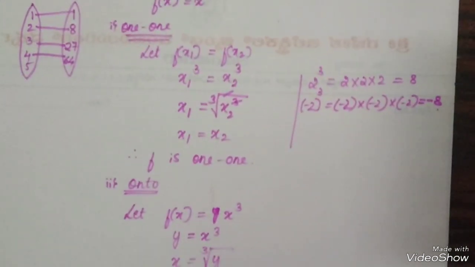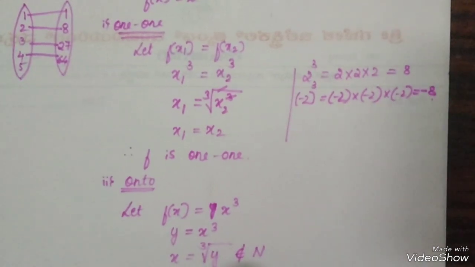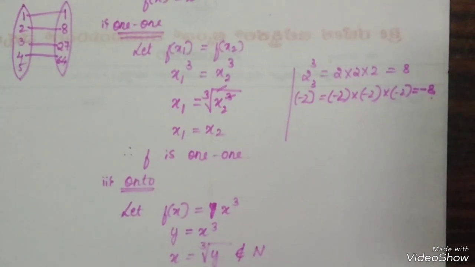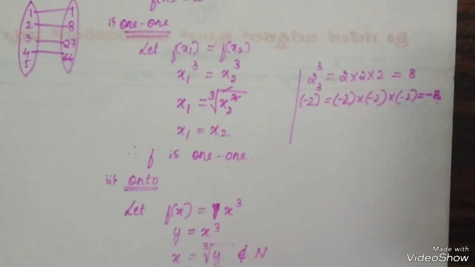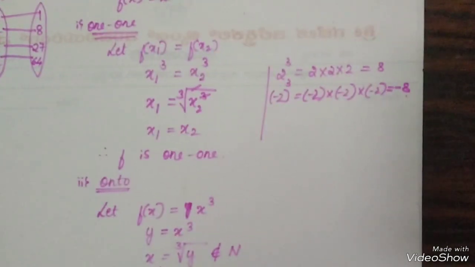But the cube root of y is not a natural number, whatever y value is taken. Therefore, f is not onto. f is not an onto function. Therefore, f is one-one but not onto